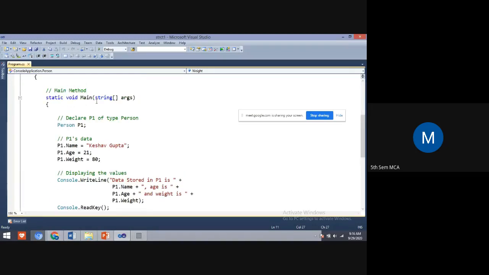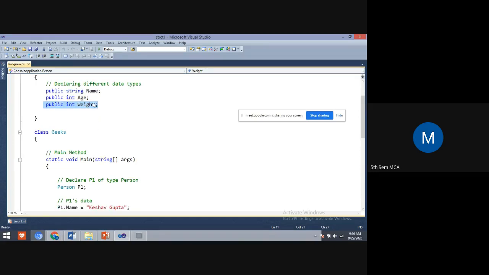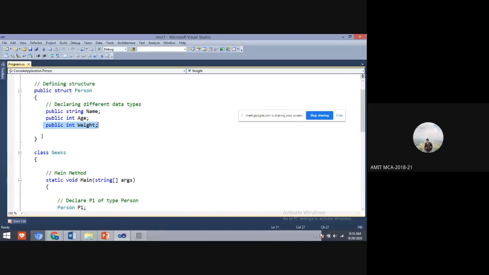Yes, students. Do you remember how we write a structure in a C program? Yes, ma'am. Here what we mentioned, P1, comma, P2, P3.